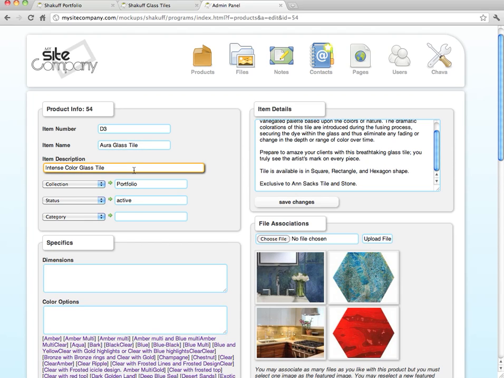This item description line should literally just be a couple words. This is the type of description that probably would go on to an invoice that should serve to identify the product briefly. Collection, and we have a whole drop down here, is what gallery this item will show up in